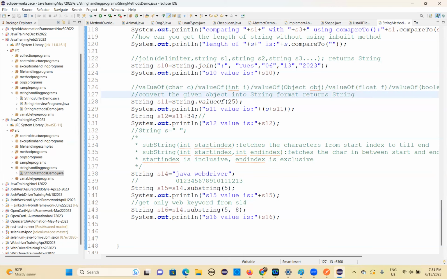So basically what it does is convert any given data type into string format. It converts the given object into string format and returns a string object. So that's why String s11 equal to String.valueOf, and I'm giving an integer. This will be converted into string format. That's how to convert any type of object into string format. And then String s12 equal to s11 plus 34. Basically this is a string. Now 25 is not a number here in the s11 variable. So string plus number